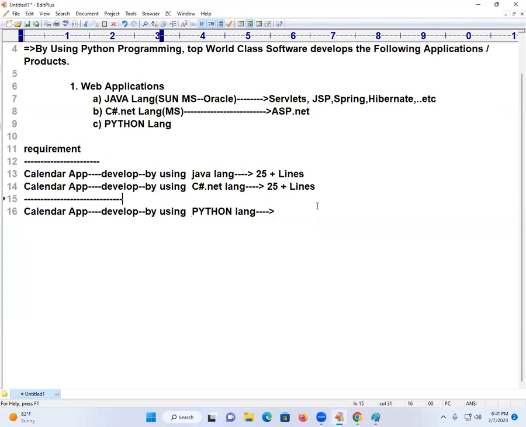Why is Python all of a sudden becoming the first choice for the people? Here I will write just 2 lines of code. Sir, what is the beauty behind these fewer lines of code? That is important. 2 lines of code. Everybody can remember. Still if someone says, sir, I cannot remember 2 lines of code,